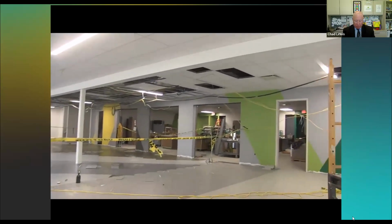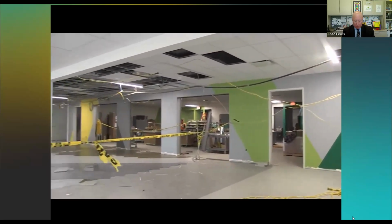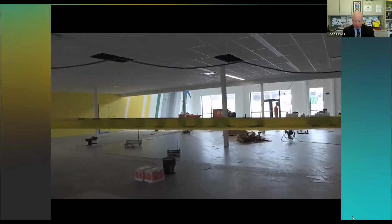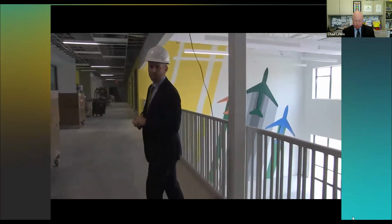And you can see in the kitchen as well, the equipment is in, getting prepped in that space, so we can start testing out and getting things ready for the start of the school year. Flooring is going in, and the final touches are starting to happen. As we head towards the event space down this way, which includes the gymnasium and our theater, I wanted to